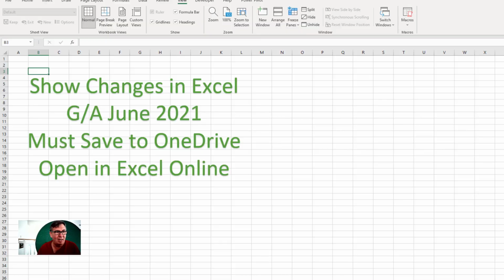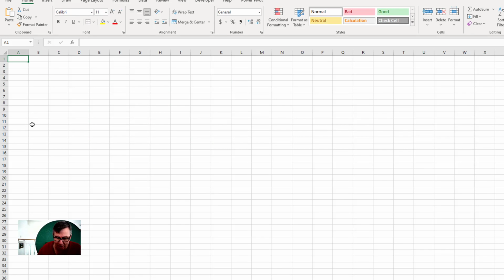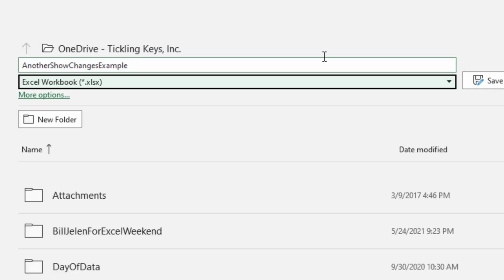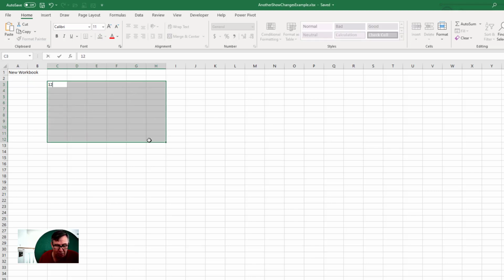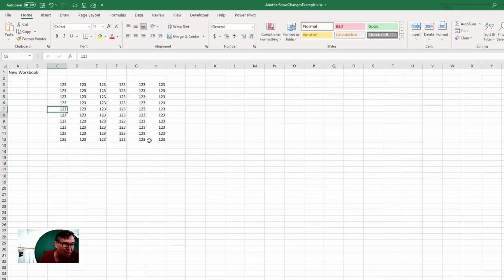Let me show you how amazing this is. All right, so here I am back in Win32. Control-N, completely new workbook. At this point, it's not saved to OneDrive, so they don't know where it's going to go. But I'll save it to OneDrive. All right, save. We're good to go. Any changes that happen now should be logged. I can come down here. I can type stuff, 234, 567, 890. I can put in some formulas, equal this times 2. Copy that down, right? Oh, and let's turn on autosave.